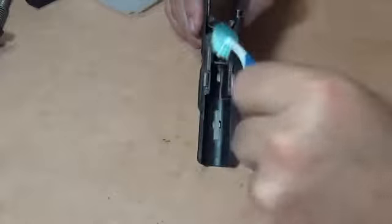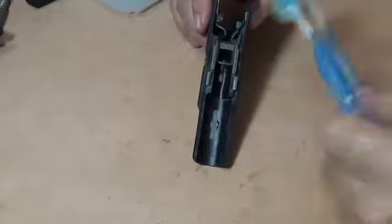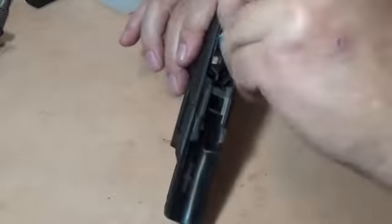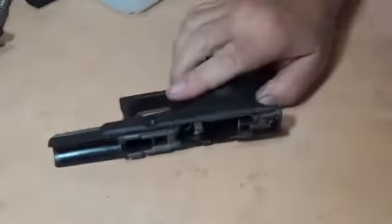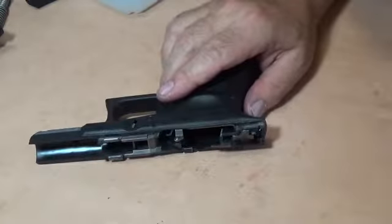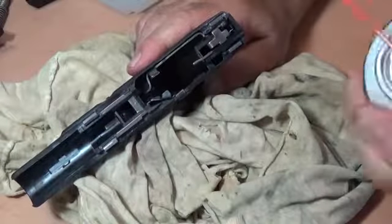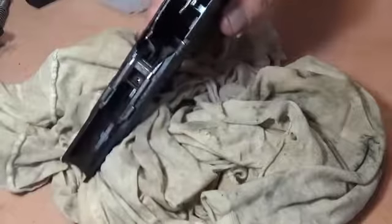It's no big issue, no big thing. Just get all the loose dust, dirt, carbon, any fouling out of there. I'll even brush down the inside of the hand grip for any lint that may be in there. And I'll blow it out. And taking a rag and this Birchwood Casey again, since this is dry, I'll simply blow those places out